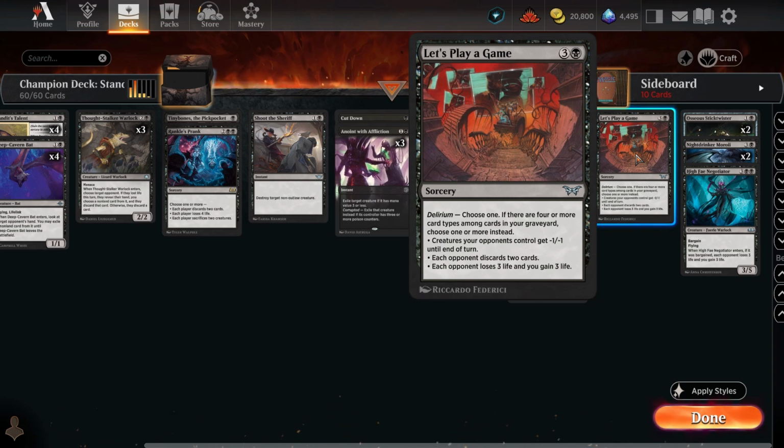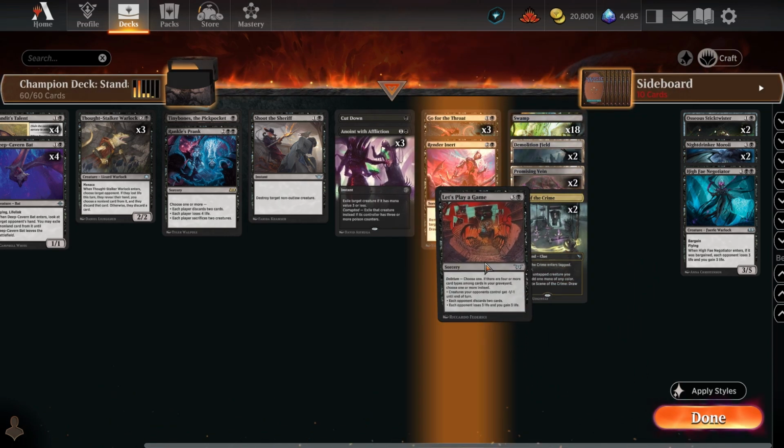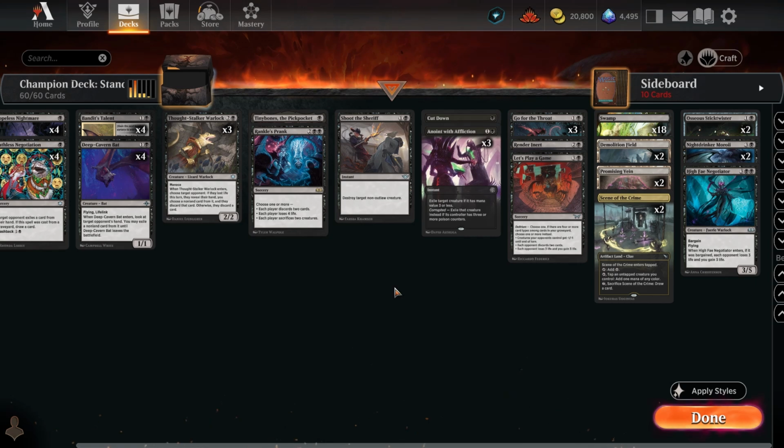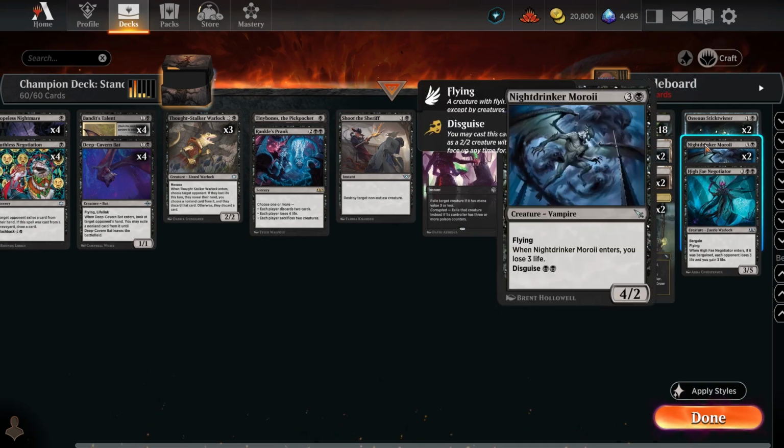That would be interesting. Choose one. Choose one more. One or more. I don't think you could choose more than one. So that's going to be our Rush of the Dread replacement. It's uncommon, you know, much better. And then for Liliana,